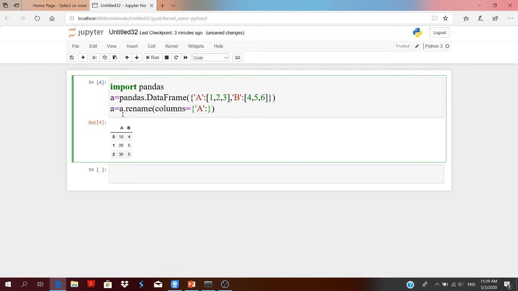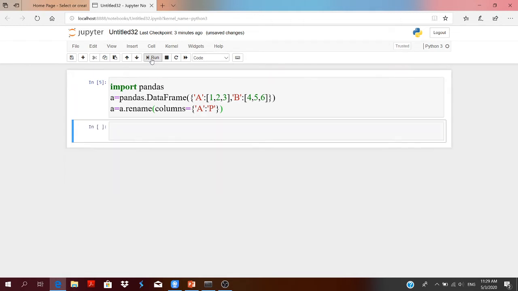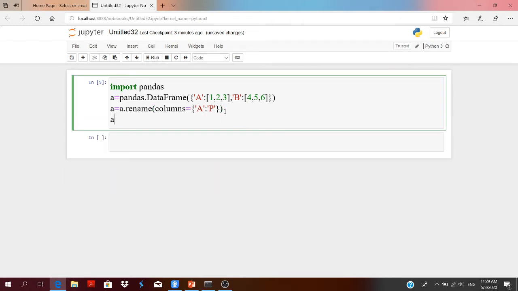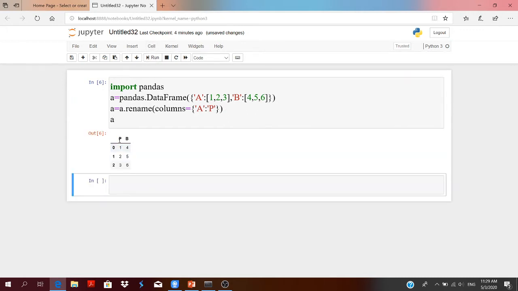I want to change the column name A to P. Now see here, the name of your column A has been changed. In this way you can rename your columns.